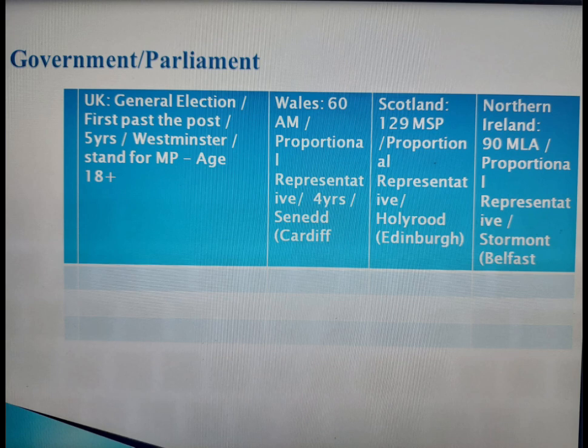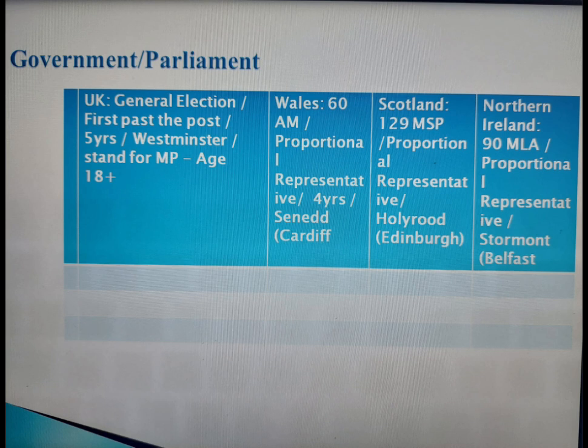The number of assembly members needs to be 60, and this process is proportional representation, and it's held every 4 years, and it's the Cardiff Senedd. And Scotland has 129 members of Scottish Parliament, and the process is proportional representation, and it's Edinburgh Holyrood. And Northern Ireland has 90 members of the Legislative Assembly, MLAs, and it's proportional representation, and it's a